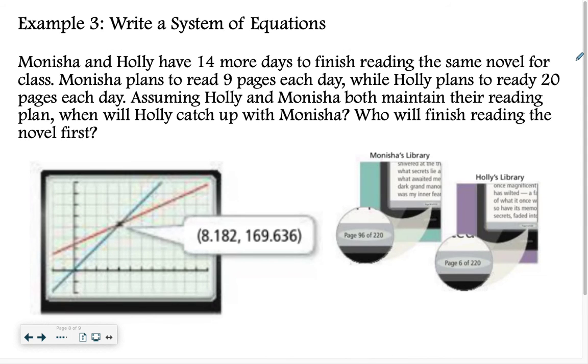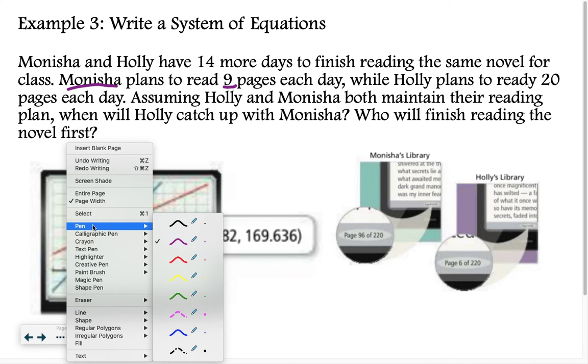All right, let's look at example 3, write a system of equations. Monisha and Holly have 14 more days to finish reading the same novel for class. Monisha plans to read 9 pages each day. Okay, so Monisha is going to read 9 pages each day, while Holly plans to read